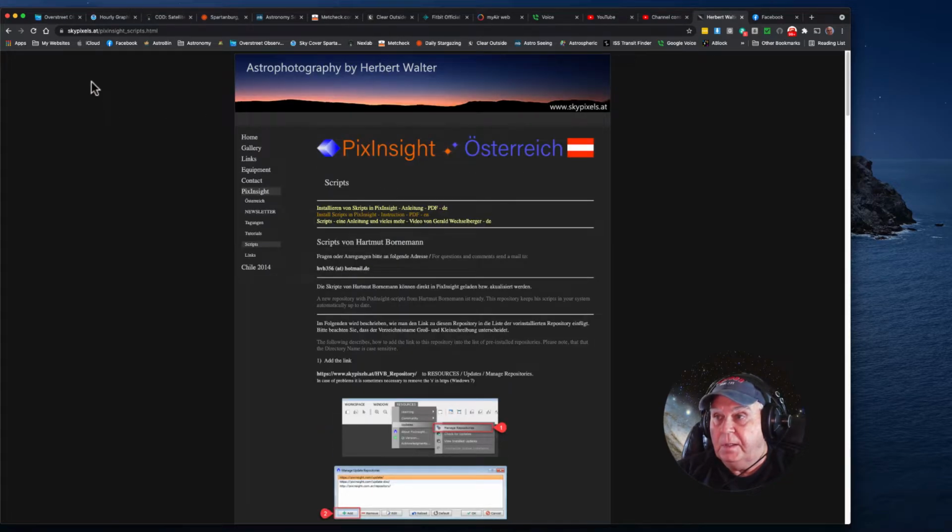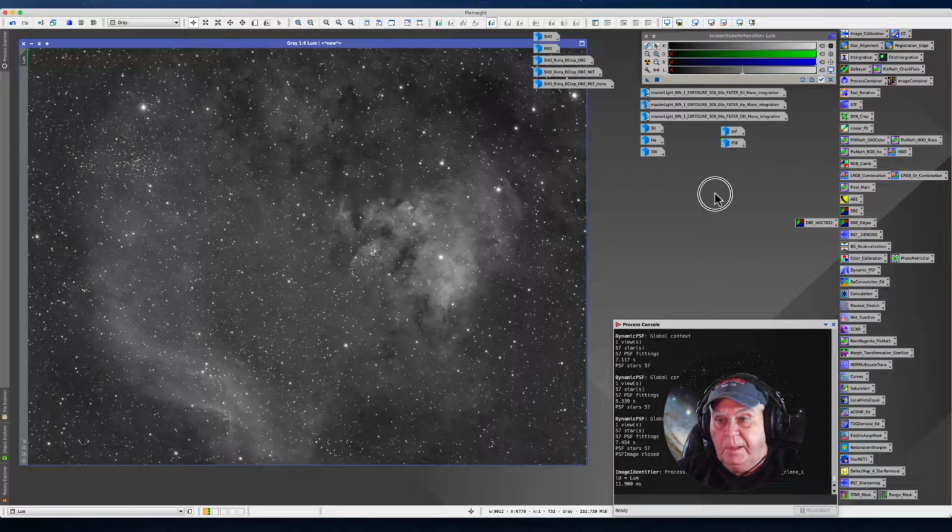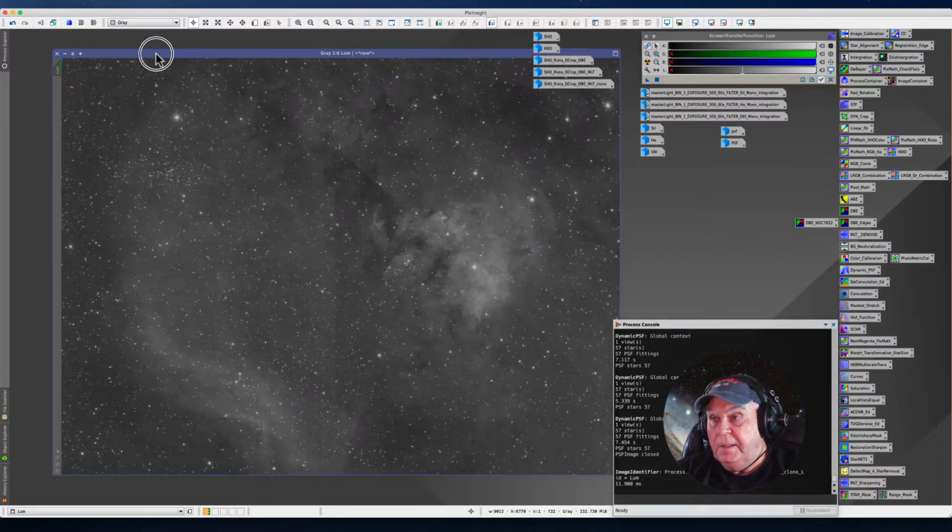So again, that's skypixels.at, and it is /pixinsight.scripts.html, but you can screenshot that and go to this website. All right, let's go back to our image. So we have the first key element in order to run deconvolution. Now we need a